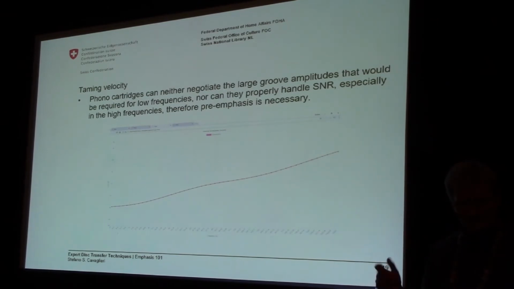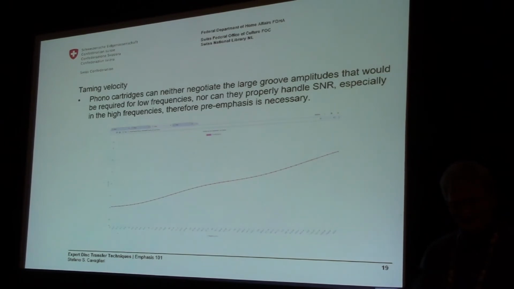So somebody invented that technique in order to tame velocity. Because phono cartridges and their amps can neither negotiate the large groove amplitude that would be required for low frequencies, nor can they properly handle a signal to noise ratio,